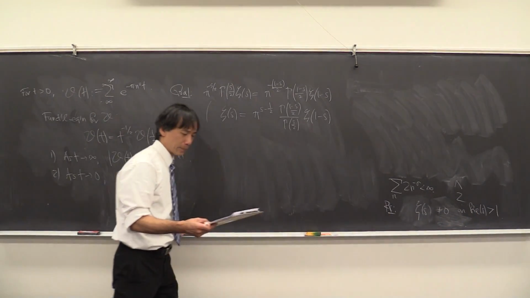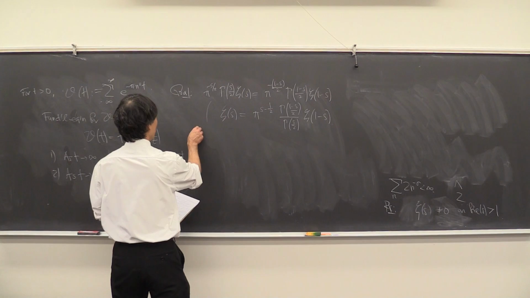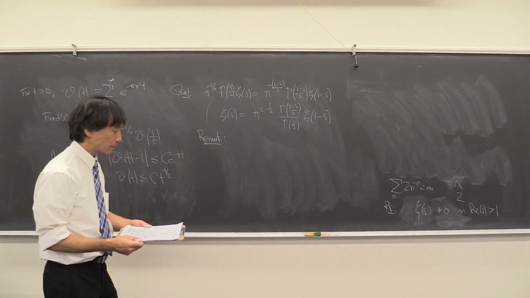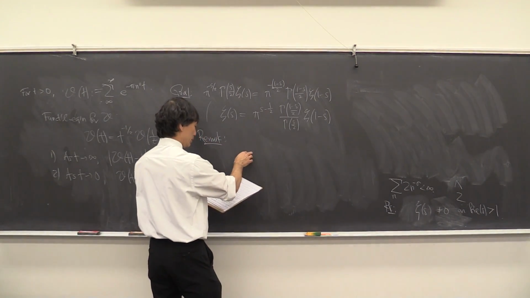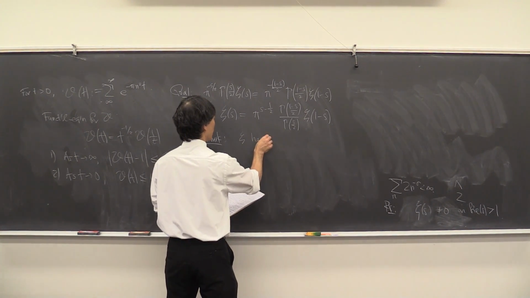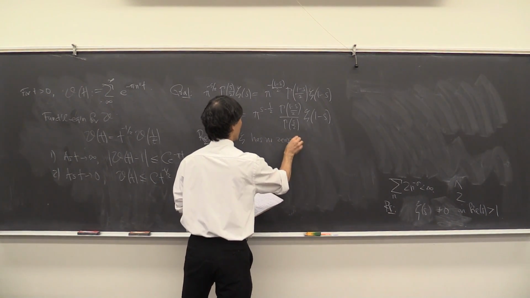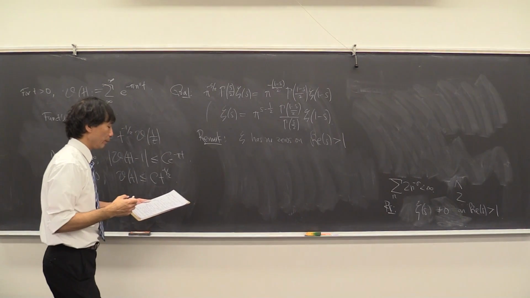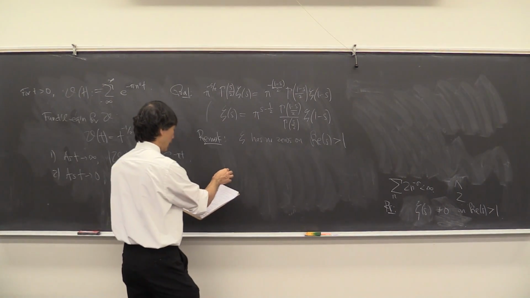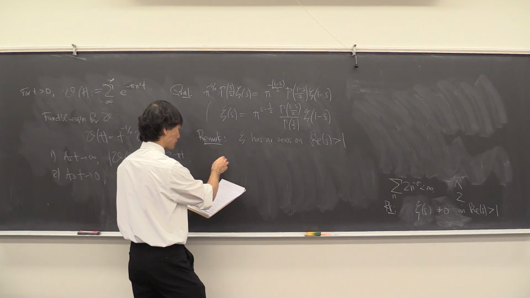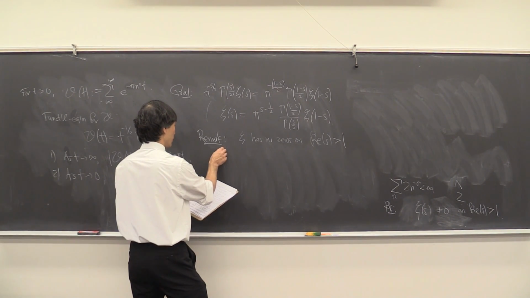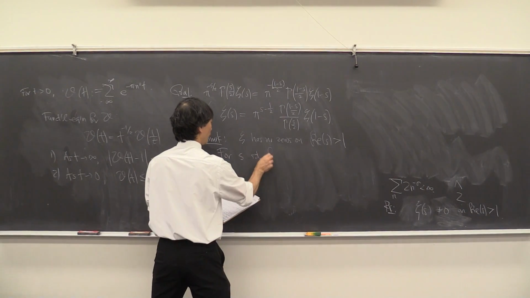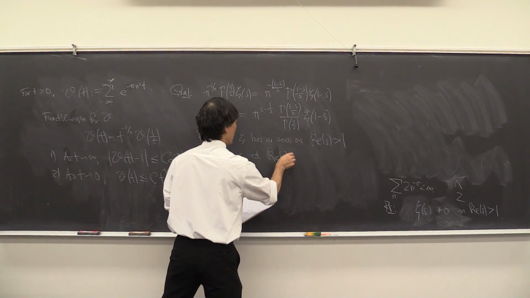Okay, so just a sort of cool remark. Recall zeta has no zeros on the plane past real part equals 1. And if we look, so think of s where the real part of s is less than 0,